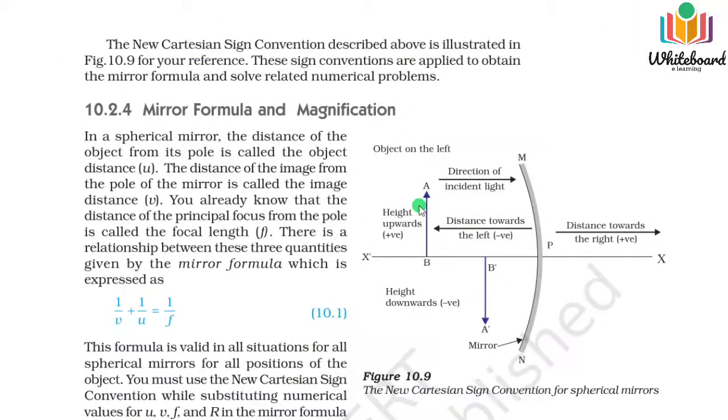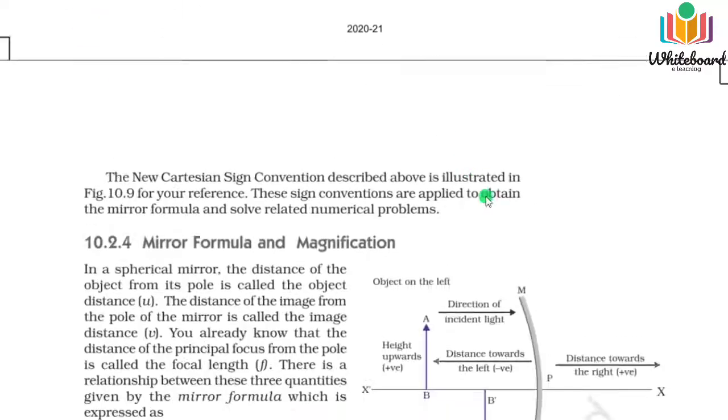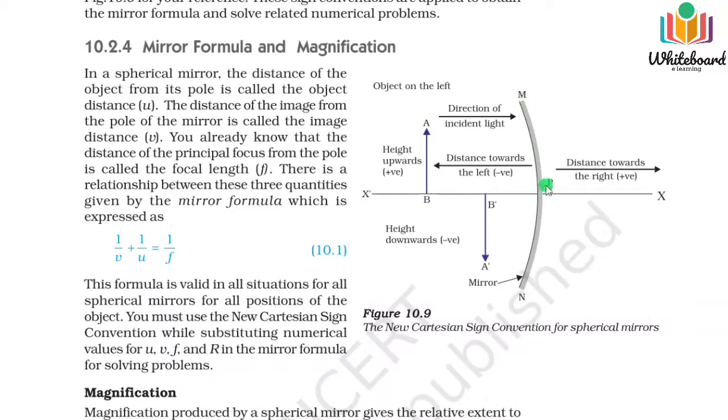So what is the sign convention? It is written here. If you place the concave mirror or convex mirror, as we have placed here, the pole of the mirror will be considered the origin of the x and y axes. If you consider one y axis, you can see this is the y axis, then where the x and y axes meet will be known as the origin. So here pole and origin will coincide.